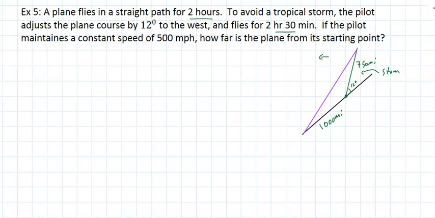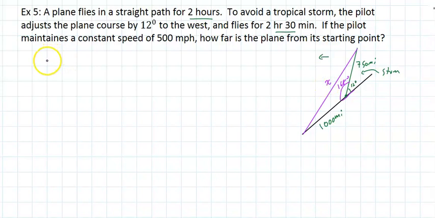Okay, how does this work? Well, if this is a straight line, that's 180. If that's 12 degrees, isn't this 168 degrees? 180 minus 12. And now, if I know the two sides of the triangle and the angle in between, can't I figure out